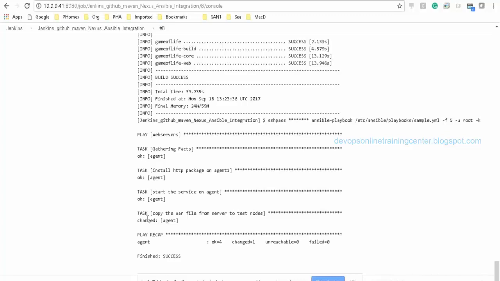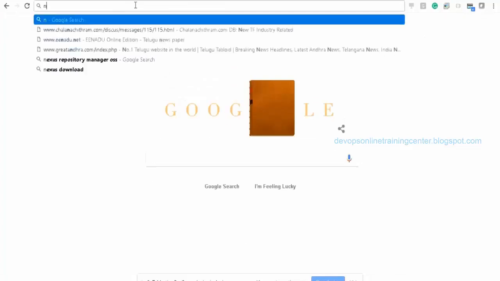So in this case, there's no Nexus involved, right? Yeah, in this case, there is no Nexus. Let us say if Nexus is there, how do we write it? Let us say I want to pick the binary from Nexus, not from the workspace. Using Ansible only, we can write another script that will simply do wget from the artifactory and get executed on the node. So that also we can do, right? So let us say we have the Nexus repository.